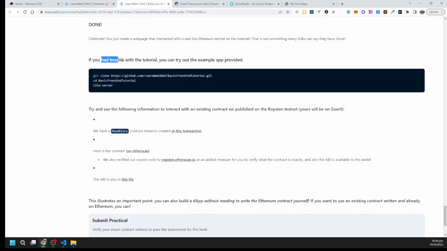Okay, if you are having trouble with the tutorial, you can try out the example I provided. You can also